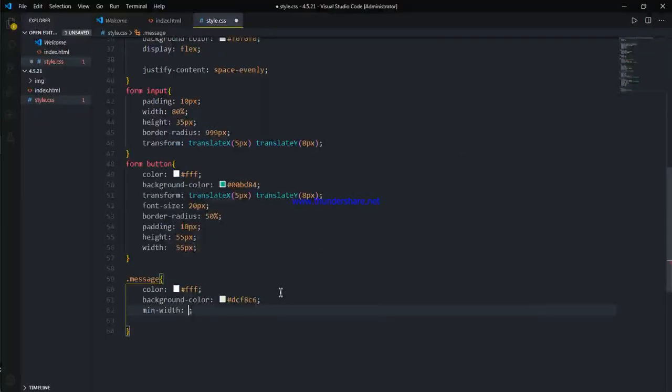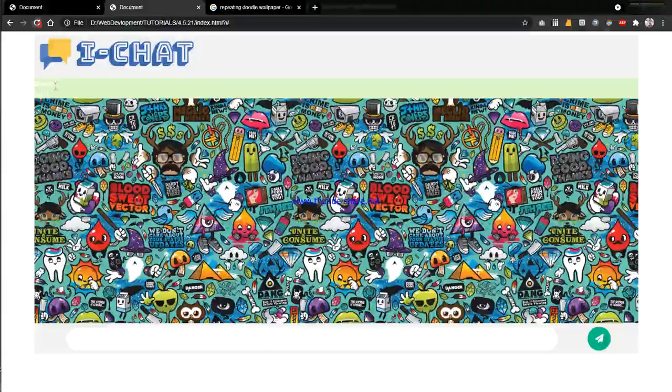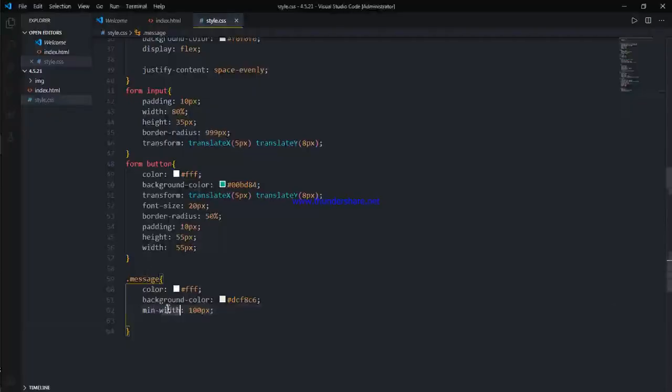We will add minimum width like 100 pixels. Oh, min width, sorry. Yeah, okay, it's min width.